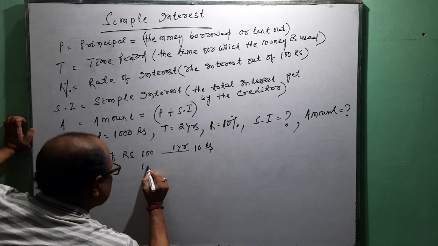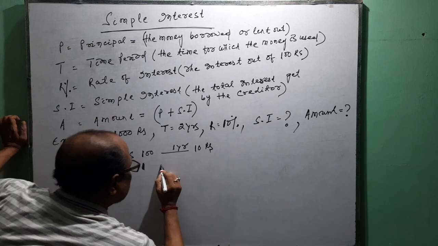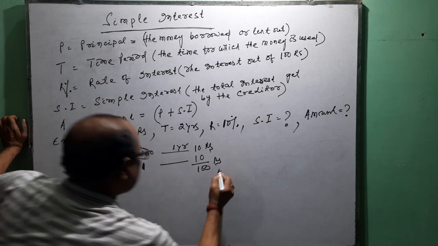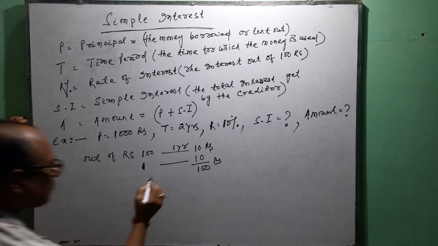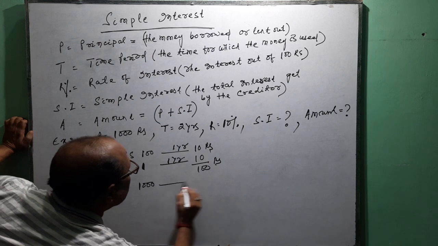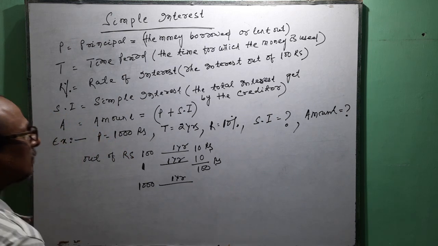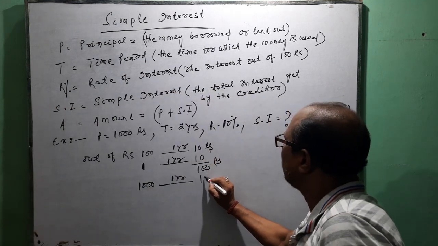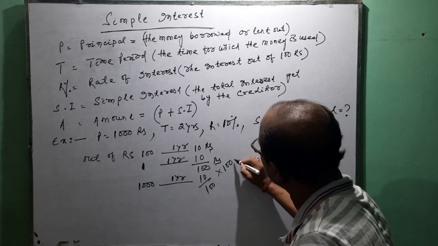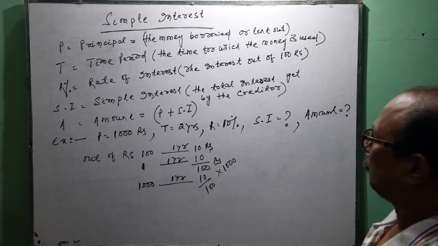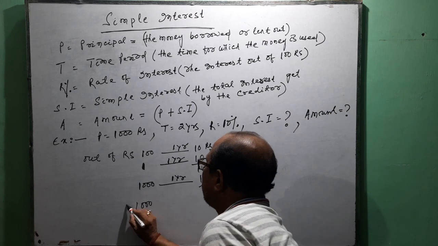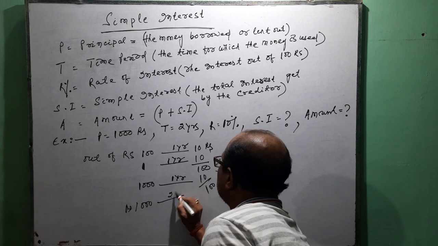Out of 100 rupees, 10 by 100 rupees for 1 year. So out of 1000 rupees for 1 year, 10 by 100 into 1000. For 1000 rupees for 2 years, the interest is